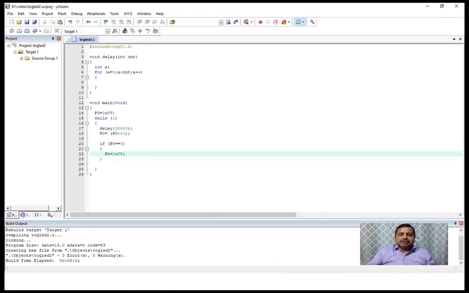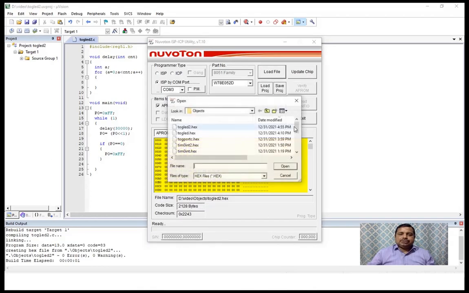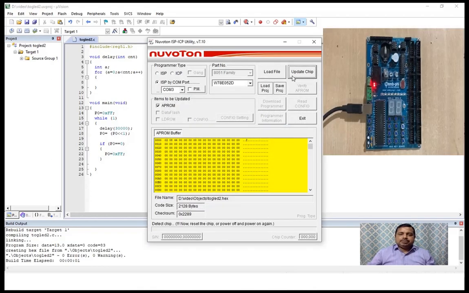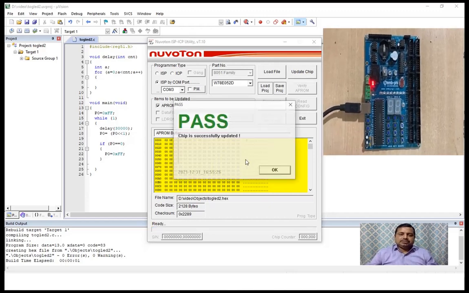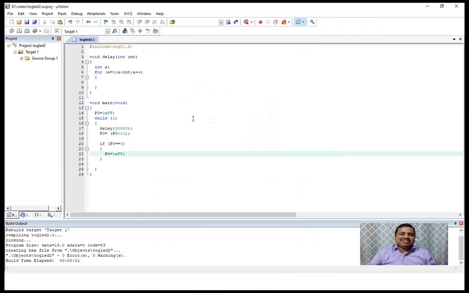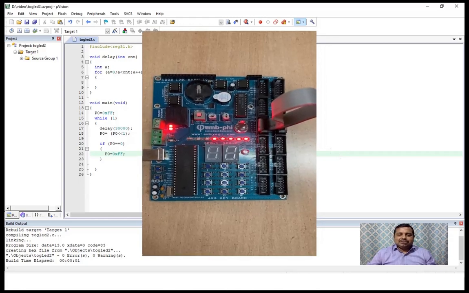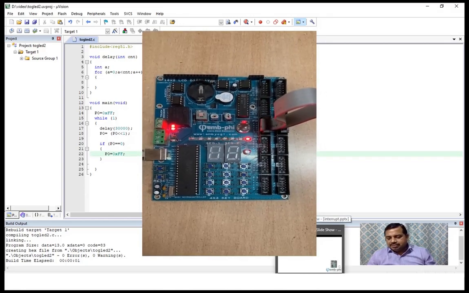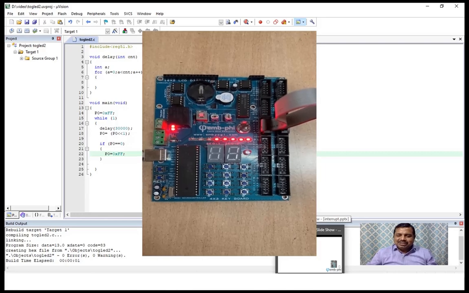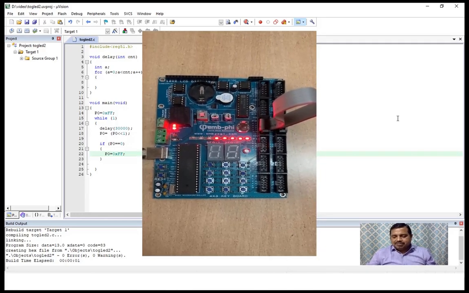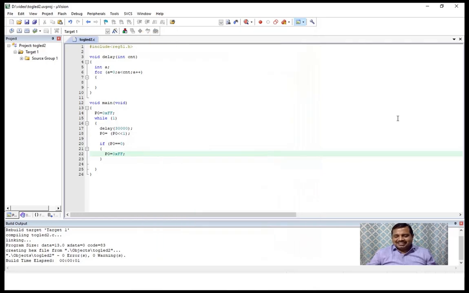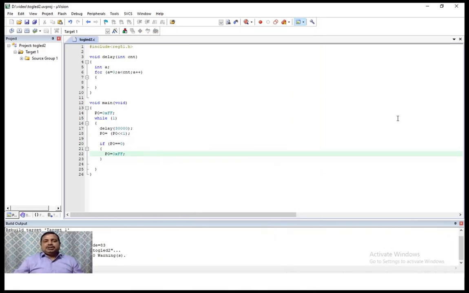Let's go and download, choose your file, upload, reset the board, and done. Programming is done. You can directly see, wow, the pattern is already coming. You connect your hardware as shown in the diagram, and you can see the amazing pattern. You can play around with it and make many patterns you want.